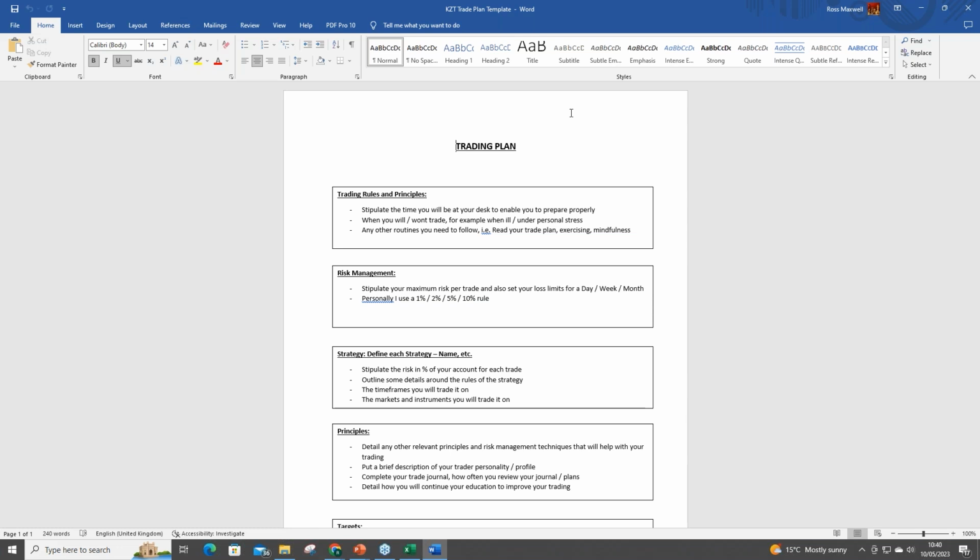Now, I don't think I've ever hit my 10%. I can't remember ever hitting my 10% per month rule. I have hit my 2% daily targets. Obviously, my 1% risk is defined, and I have hit my weekly loss limits once or twice. But they're there. They should be realistic targets there to protect your account.